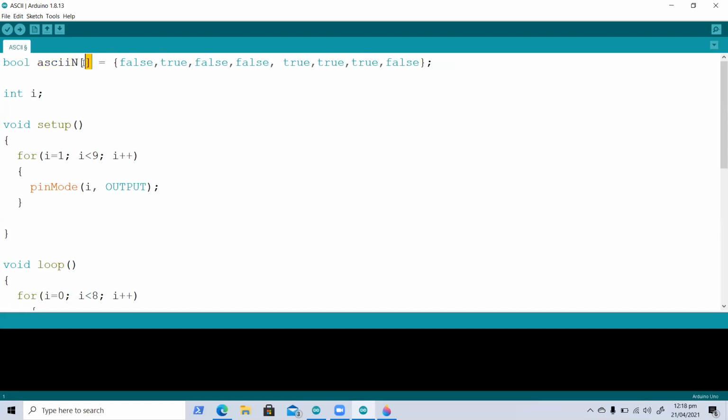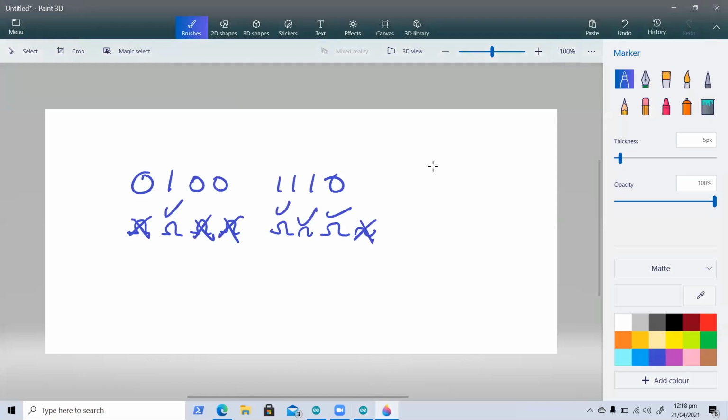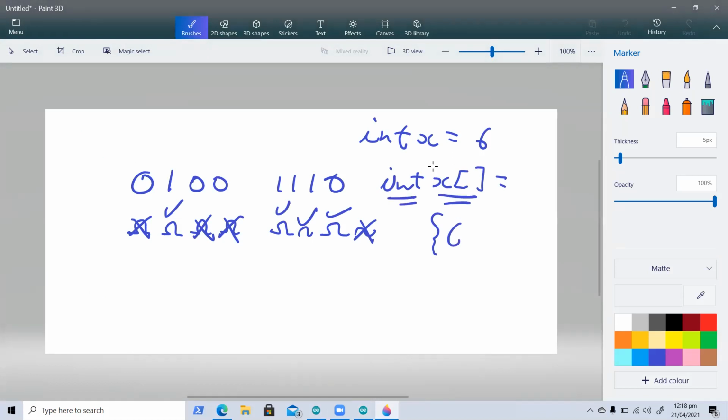Now notice that this variable is an array. So as you guys said, you did MATLAB, so you know what an array is. So instead of some variable x, like int x, right, being equal to one number 6, we can do int x and we use square brackets to indicate that this here is an array of integers holding multiple numbers. So some like 6, 7, 8, 9. So that's the same thing we do for the Boolean number, right? We do bool,